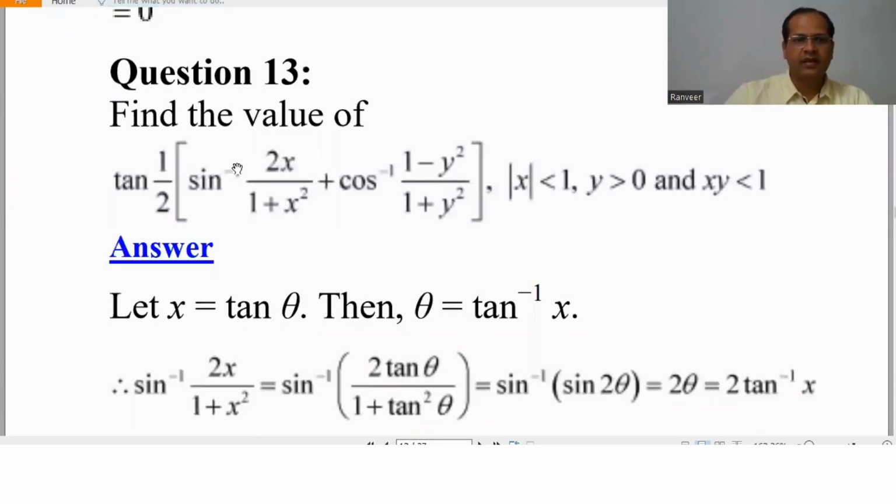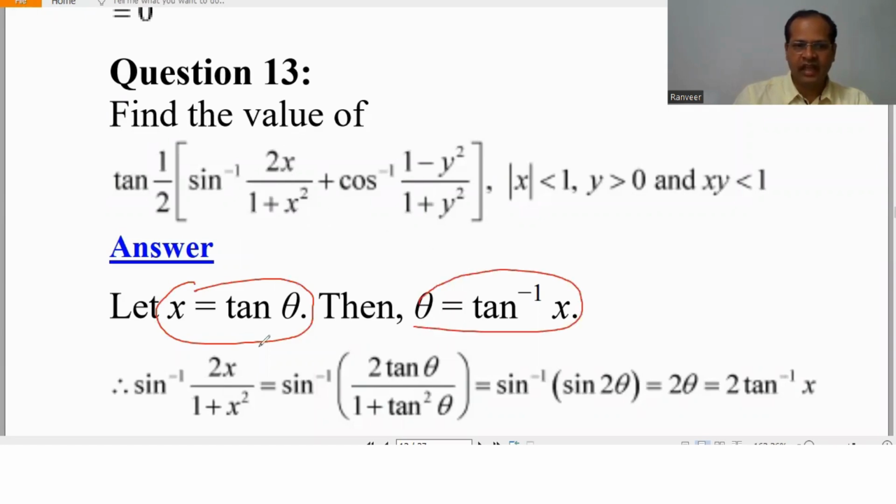Next, find the value of tan of 1 by 2 times (sine inverse 2x by 1 plus x square, plus cos inverse 1 minus y square by 1 plus y square). Now in this, we have to do the proper substitution so that we can solve both values. So x equal to tan theta, then theta equal to tan inverse x, and this value sine inverse 2x by 1 plus x square we can write here